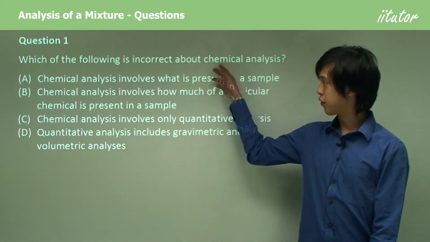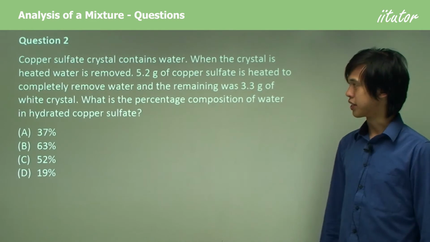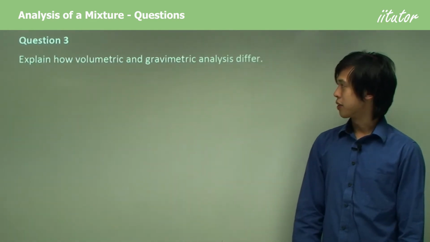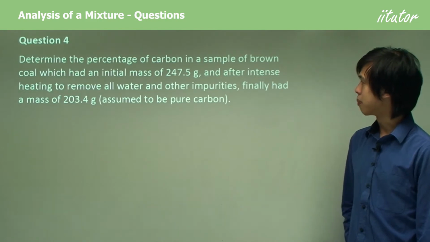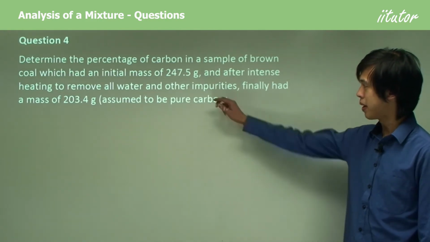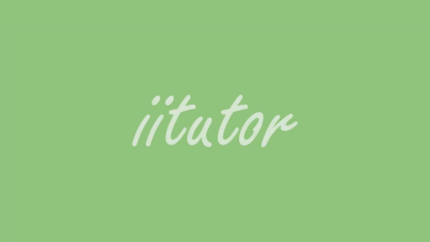So, which of the following is correct about chemical analysis? So, copper sulfate crystal contains water. Explain how volumetric and gravimetric analysis determine the percentage of carbon in a sample of brown coal, which had an initial mass of 247 grams. So why do mining companies